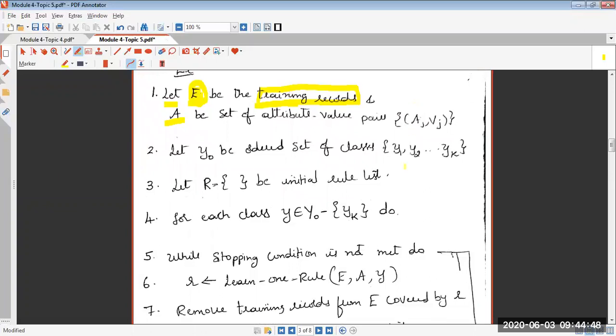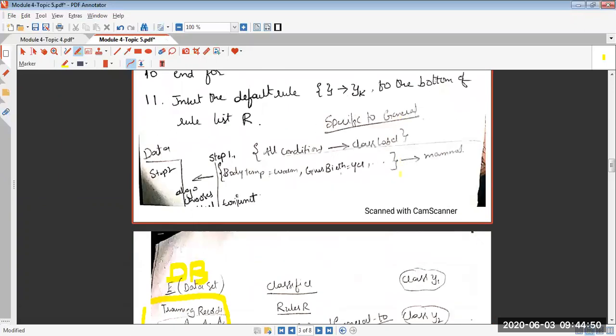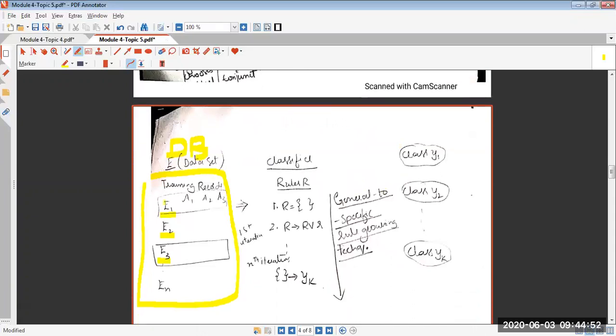I have done the same thing. You can see multiple attributes can be there, many attributes can be there. So I have labeled them as A1, A2, A3. So this is a database. This is historical data. These are previous observations with respect to the specific application for which we are building a classifier.